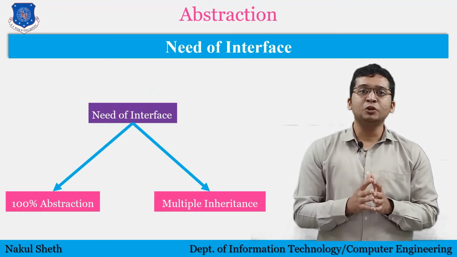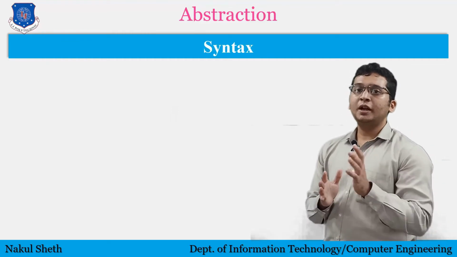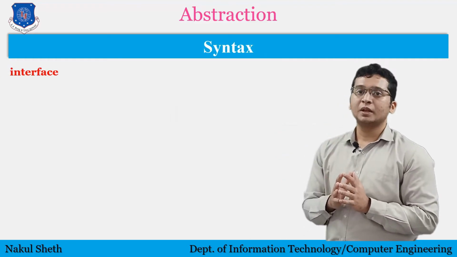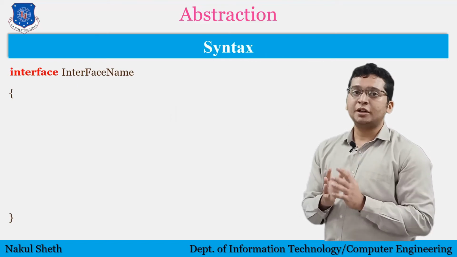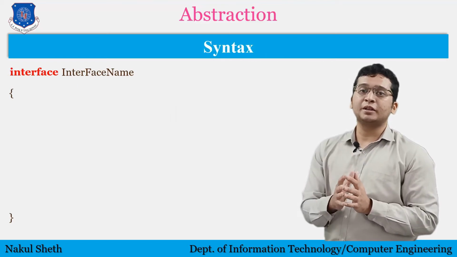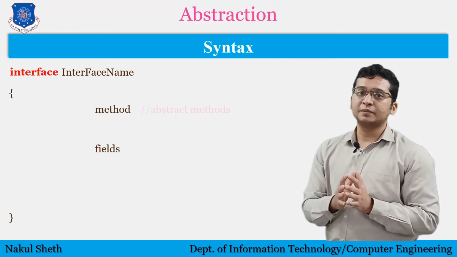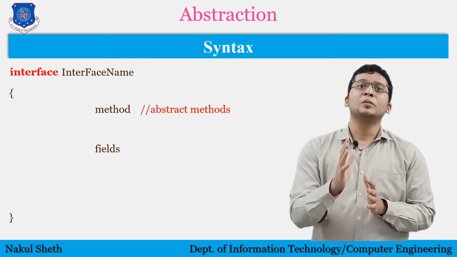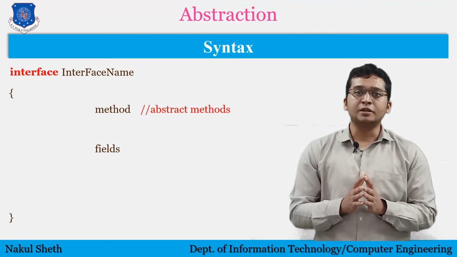Now, I am going to show you the syntax of interface here. So, to create an interface, we need to use a keyword, that is interface keyword. And then we have interface name. Then in this interface, we can declare different methods and fields, but all of these must be abstract methods. We can't declare normal methods here. Now, the most important point to be remembered for interface is all methods which are available in interface are always